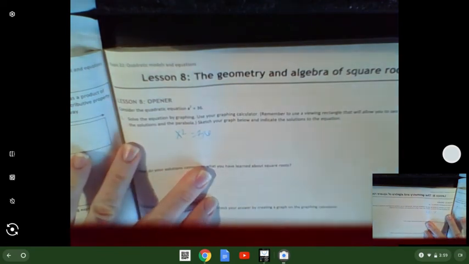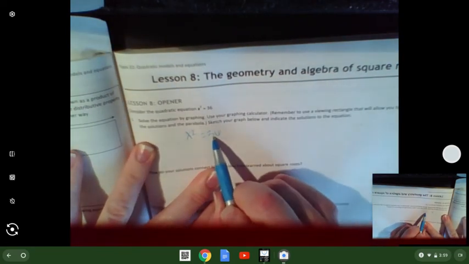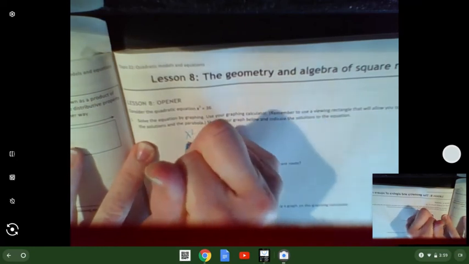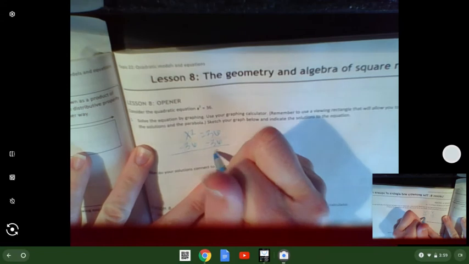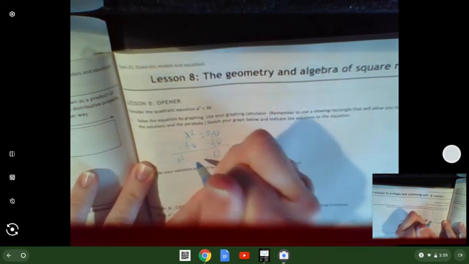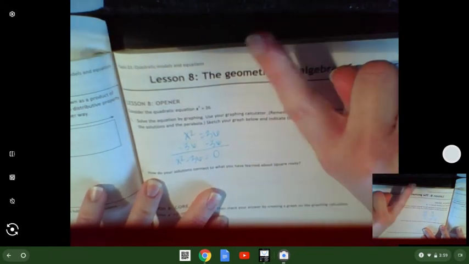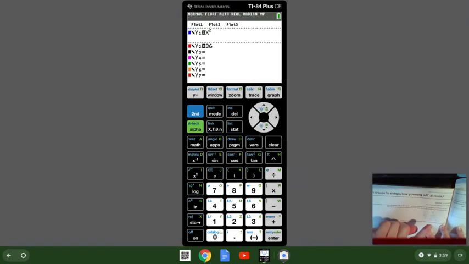So how do I make this equal to 0? Well, the easiest thing I can do is subtract the 36 from both sides, because 36 minus 36 is 0. And we have x squared minus 36 is equal to 0. Now, when I go to my calculator, I'm going to go to my y equals. I'm going to change that y1 to x squared minus 36. I am going to clear out that side. I don't really need to type in 0, because I know being equal to 0 means